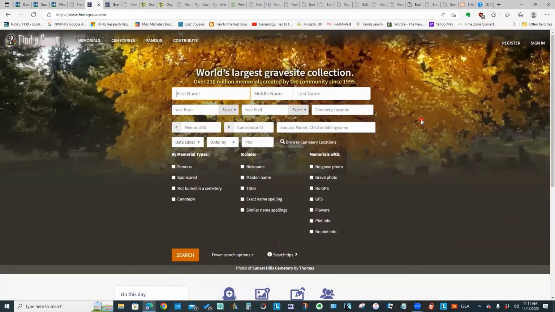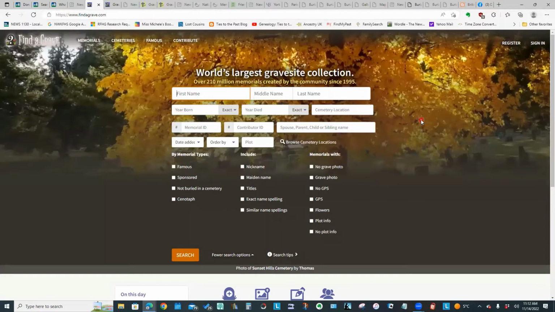So the point they make in the blog post on BillionGraves is the information you might find on a Find a Grave cemetery posting is not necessarily going to be tied to the individual who is occupying that grave. So it's kind of like looking at trees on Ancestry.